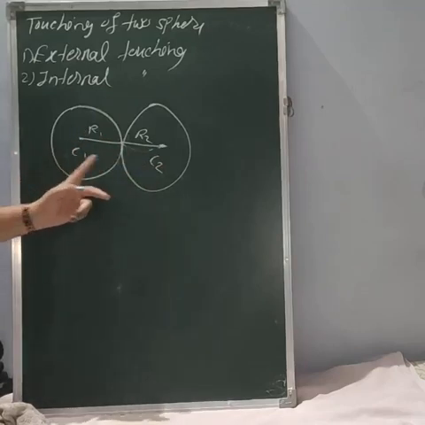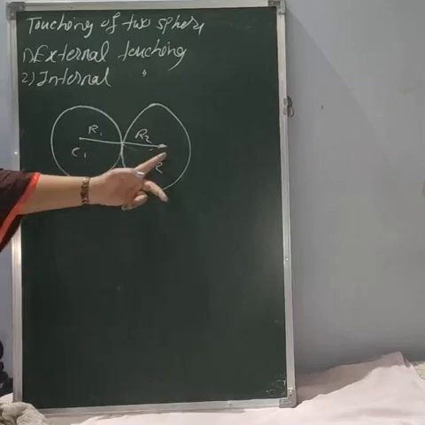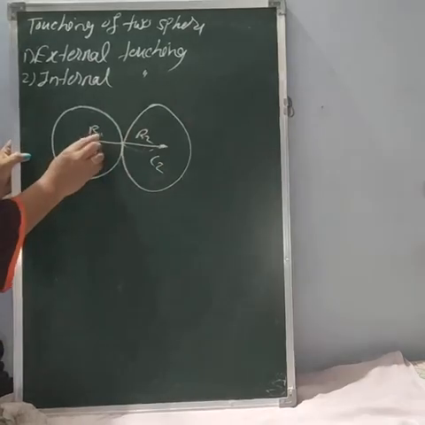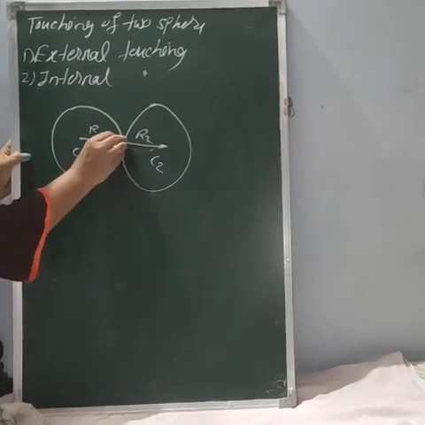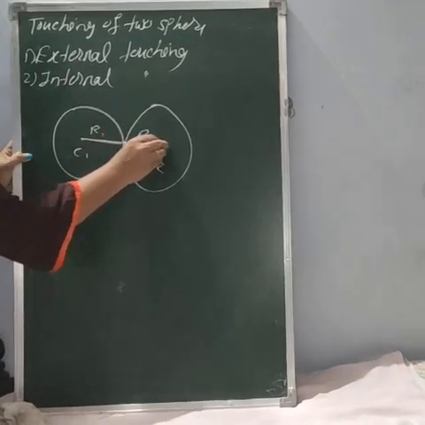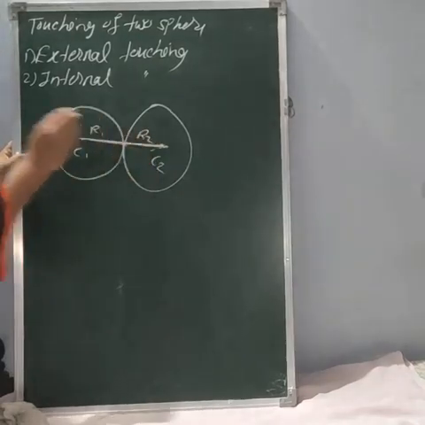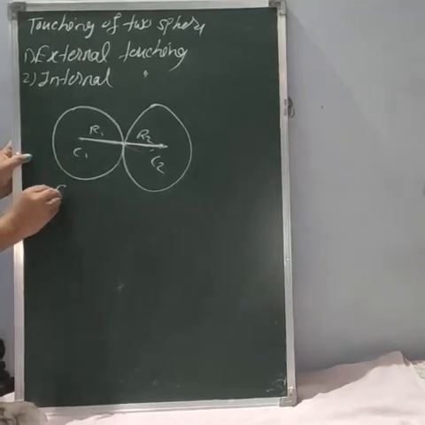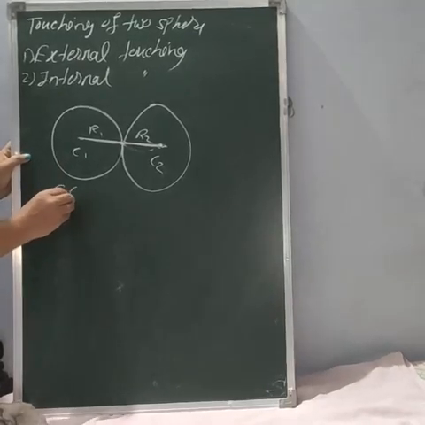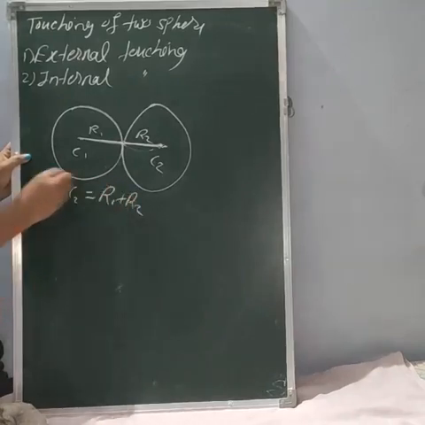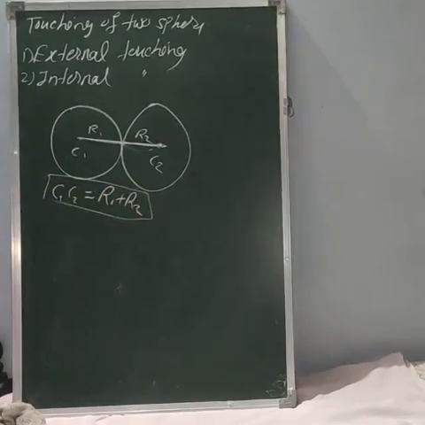Okay, so with respect to first and second, if you find the distance between C1 and C2, what should we get? This is the radius R1, this distance again plus this distance. But this distance is nothing but R1 and this distance is nothing but R2. So what is the condition you will get? Distance between C1 and C2 is equal to R1 plus R2.